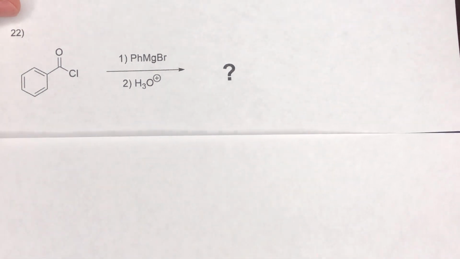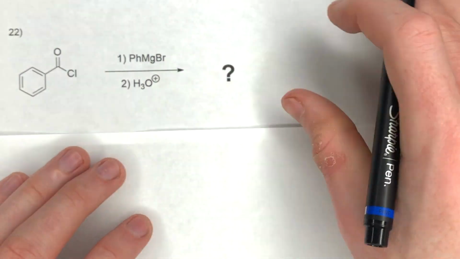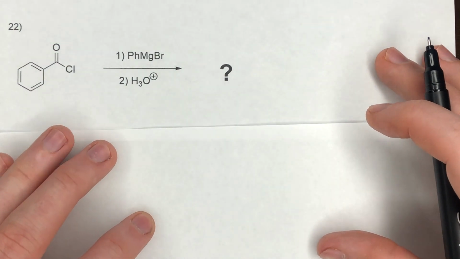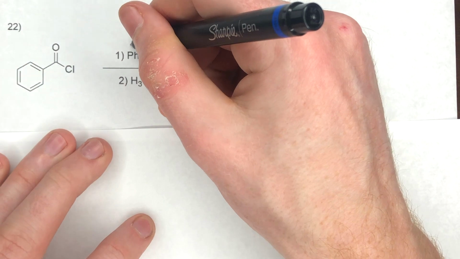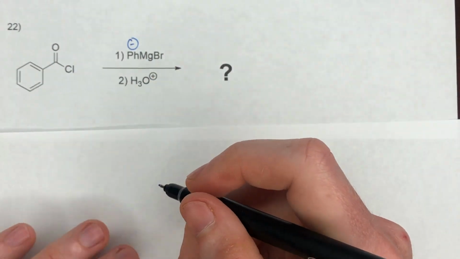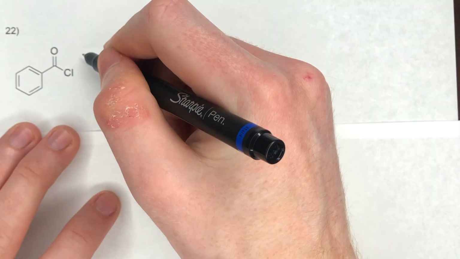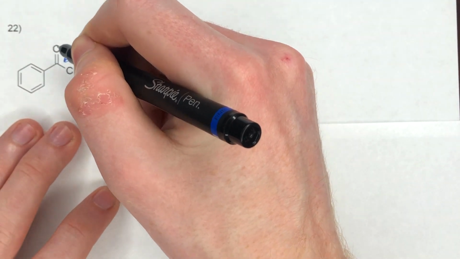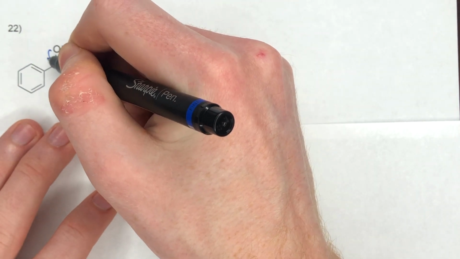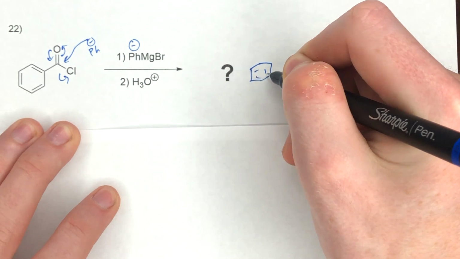All right, so here we're at question 22. So here we have a phenyl Grignard now. So Grignards are not selective nucleophiles. They are very harsh, and they will react as much as possible with any given species. So here, the phenyl group is the nucleophile, so this will attack here. Again, I'm going to show the abbreviated mechanism, and that will form this ketone,